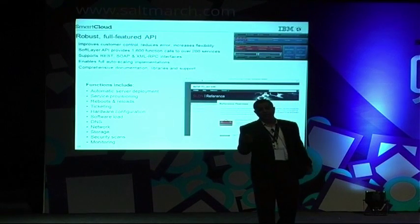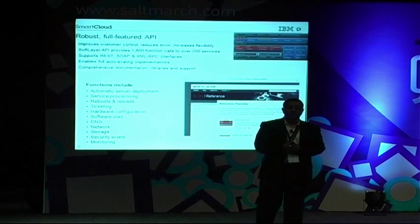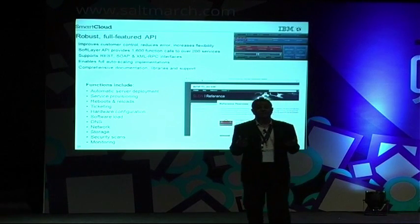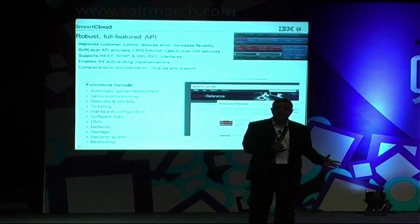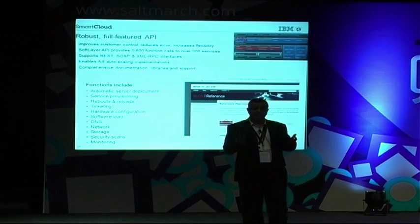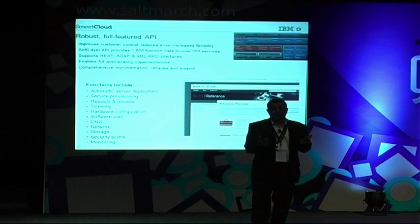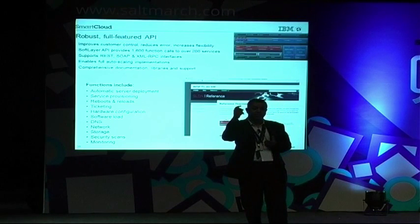Coming to the API, this is an important aspect, mainly because the amount of APIs exposed by a cloud service provider gives an end user or a business partner the ability to leverage those APIs and enhance the functionality existing in SoftLayer. There are around 2,000 APIs exposed by SoftLayer for all of you to leverage in terms of enhancing the functionality. You can, for example, leverage the API set to do auto scaling. For example, if your workload is working on a particular configuration of a bare metal or a virtualized server,